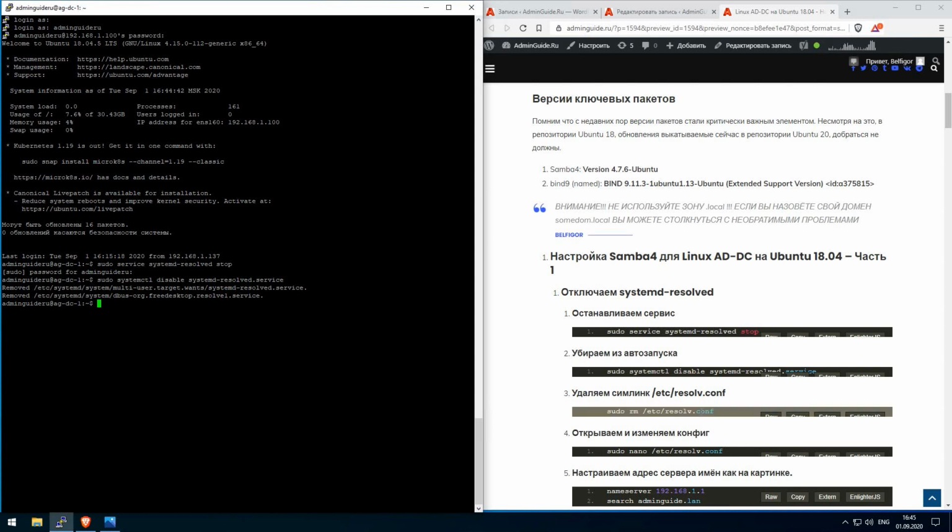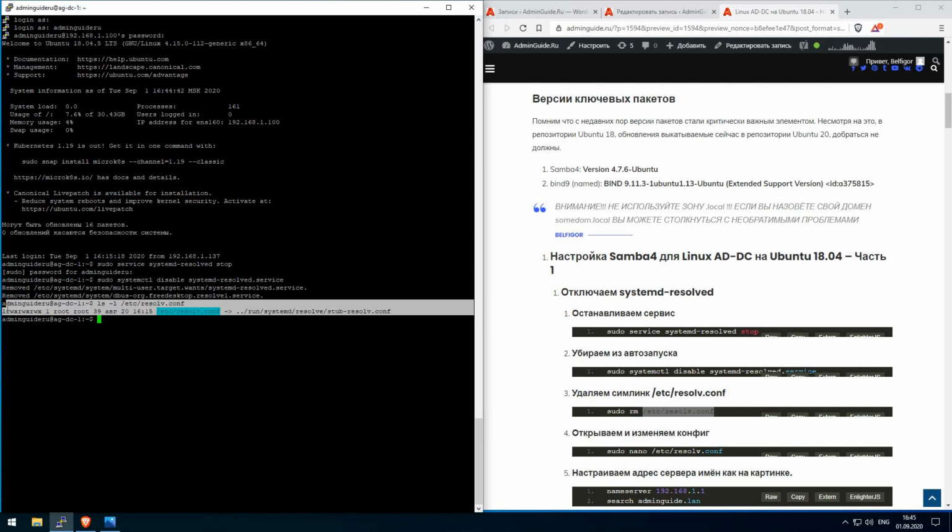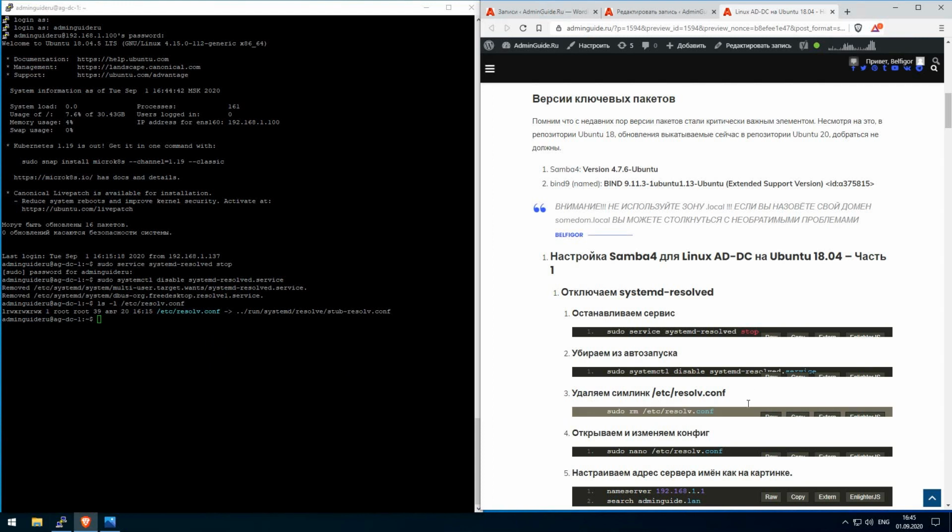For now, we have a symlink on the file resolv.conf. We need to remove this symlink and create a new file there. No file for now,